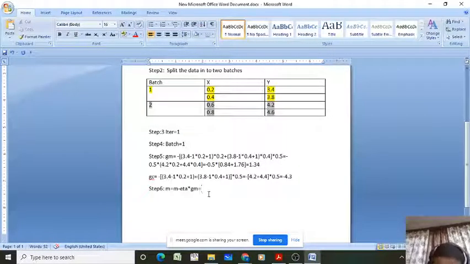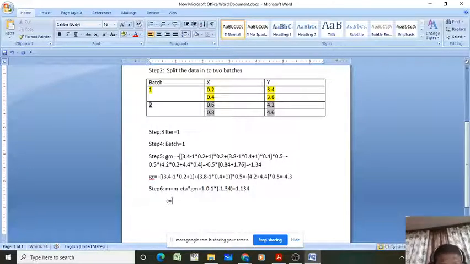The M value is 1, minus eta, which we are assuming as 0.1, multiplied by the GM value coming from here, that is minus 1.34. So the new value of M is 1.134.